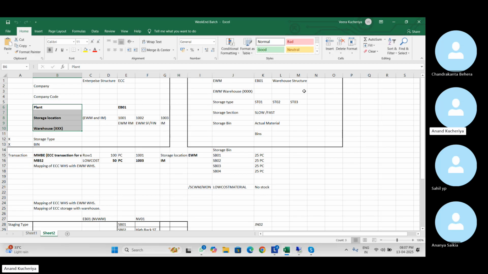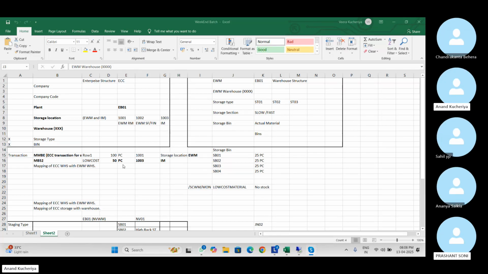And then from the warehouse structure point of view, there is a hierarchy that we need to define first: warehouse, then storage type, then comes storage section and storage bin. So the highest element is the warehouse and the lowest element is the storage bin. Then we saw how the stock is visible in both the systems, and also